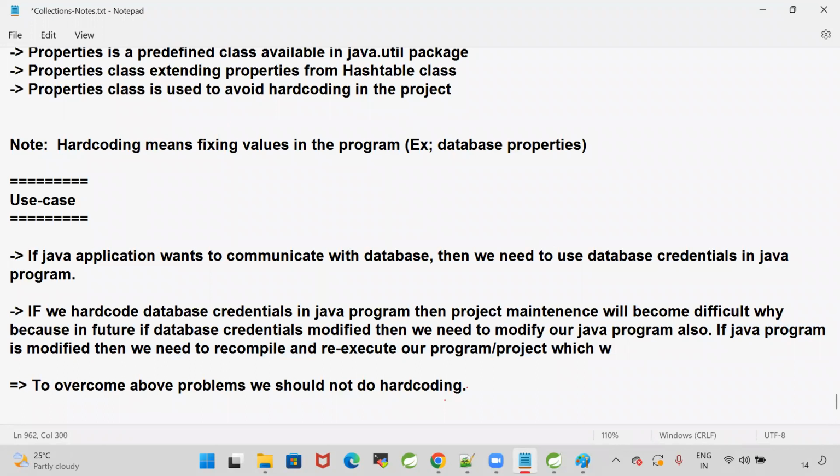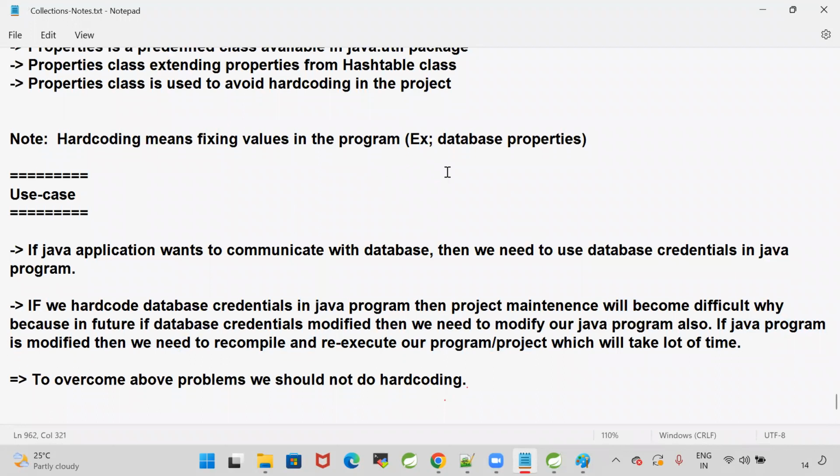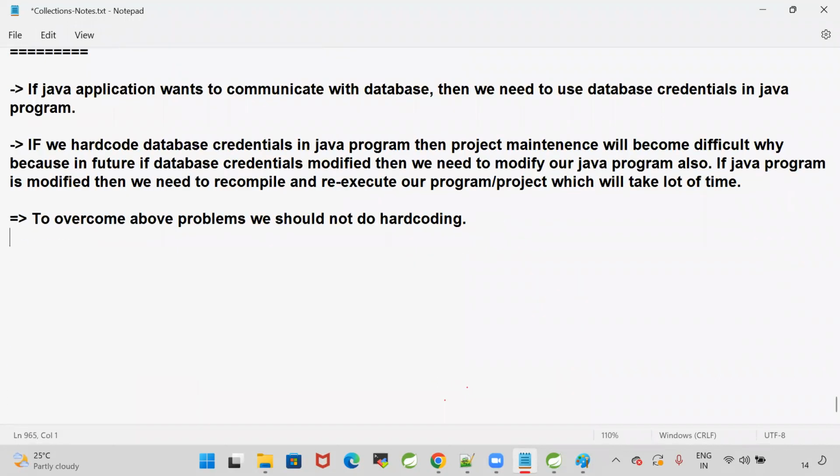Which will take a lot of time. To overcome the above problems, we should not do hard coding. To avoid hard coding in Java projects,